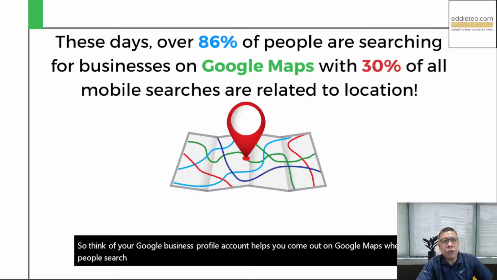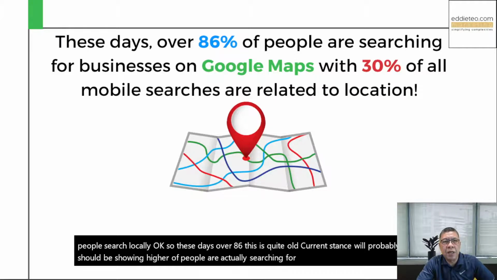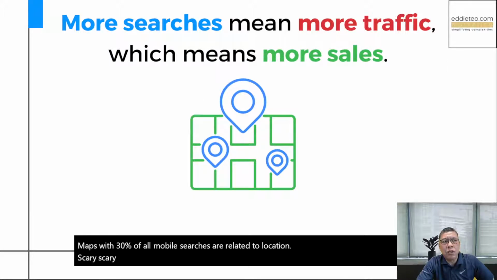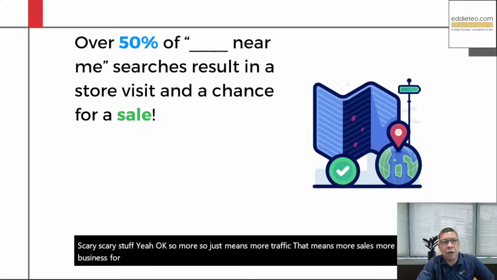So these days over 86%, this is quite an old stat but current stats will probably be showing higher, of people are actually searching for businesses on Google Maps, with 30% of all mobile searches related to location. Scary stats. So more searches means more traffic, which means more sales, more business for you. Over 50% are something near me. I've just given you some examples. More examples would probably be a cafe near me,